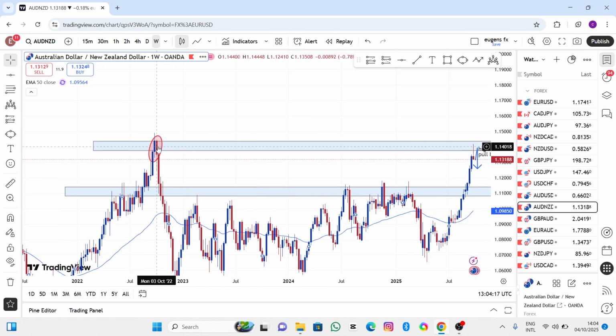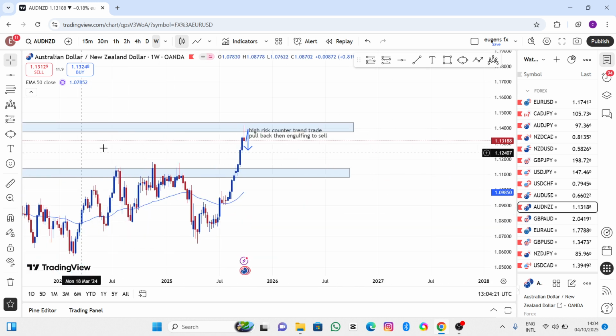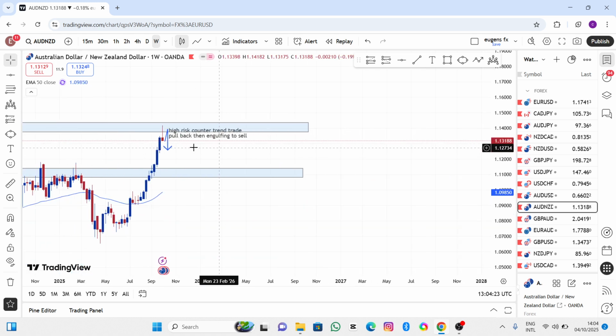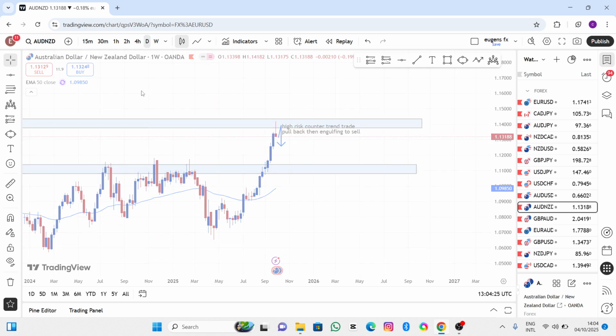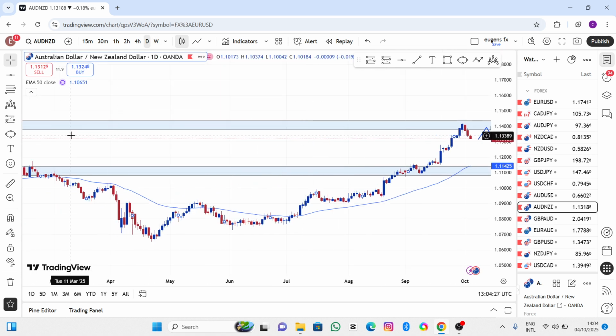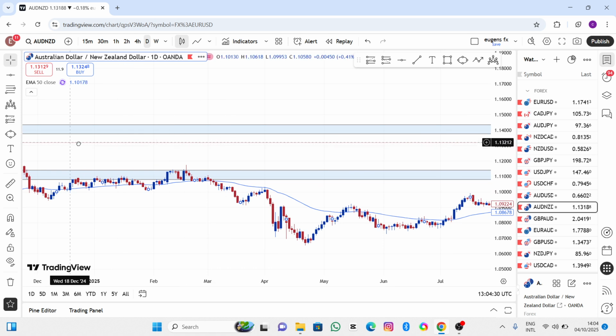let me show you something, because the last time we came here, as you can see, we had engulfing and we sold, and guess where we are again? That same area, having the rejection. So if I should go down to the daily and just go back to that area, you can see that on the daily,